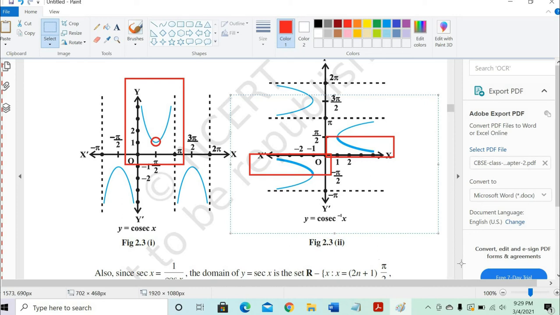Correct? Yes, sir. Excellent. Did you understand or not? Understood. This part is only important because, in the case of cosec x, the normal function y is equal to cosec x, what was the domain we took then? We took 0 to pi there, and the y-axis again came from infinity to 1. Infinity, isn't it?